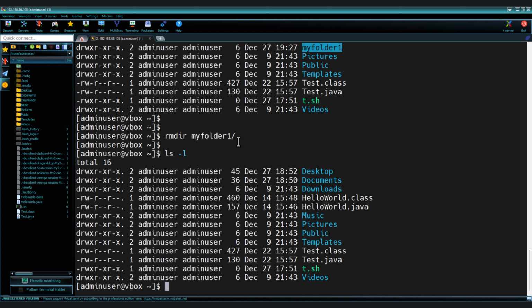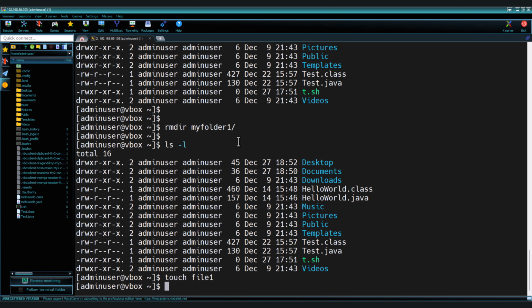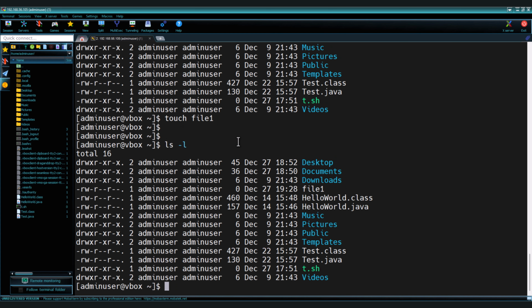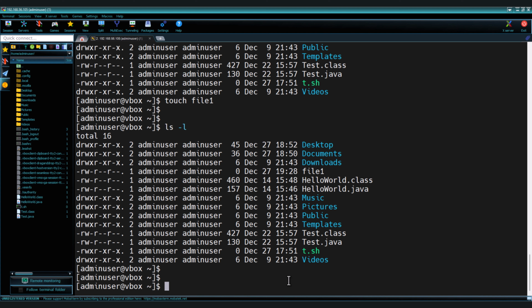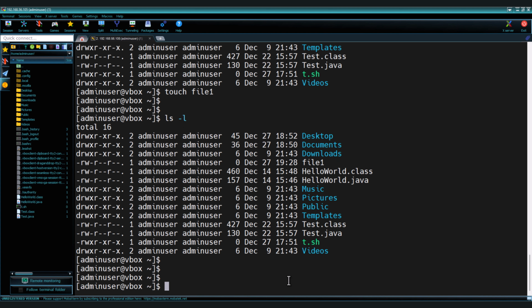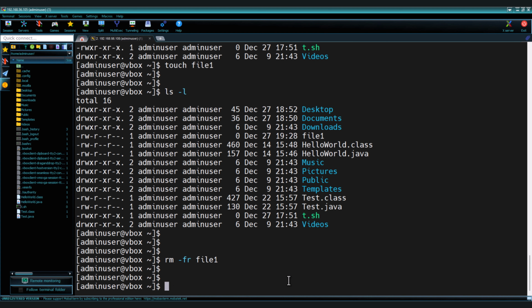And the next command is touch. Touch quickly creates an empty file. If I say touch file1, it will create an empty file. It does not have any data in it, so it shows 0 bytes. Let's remove it. rm -fr file1. With this command we can remove the files,